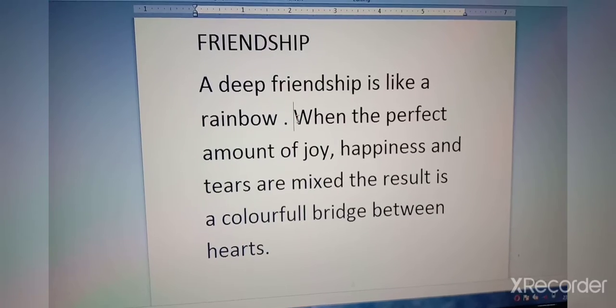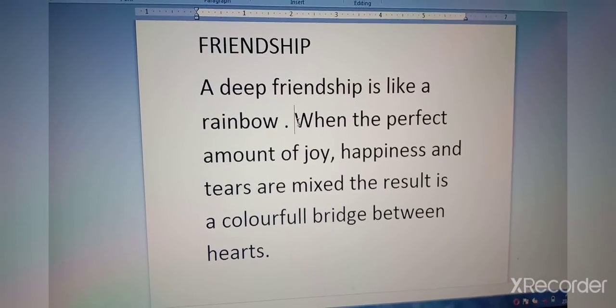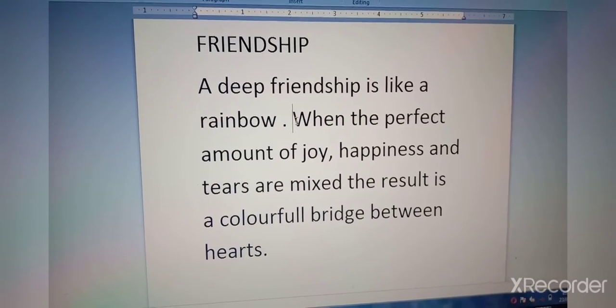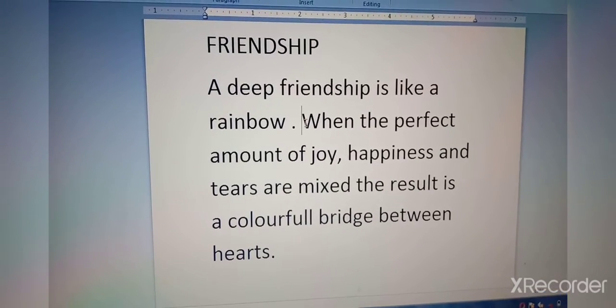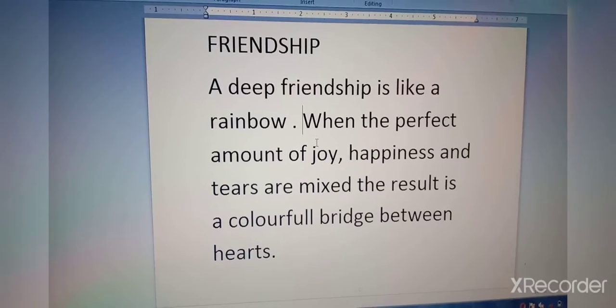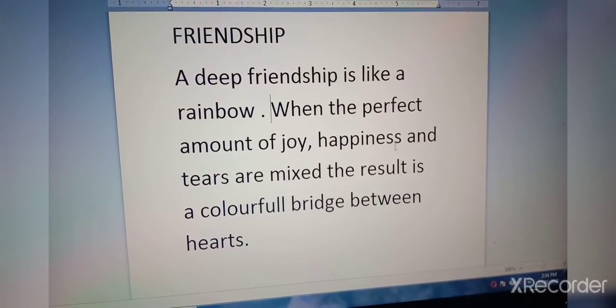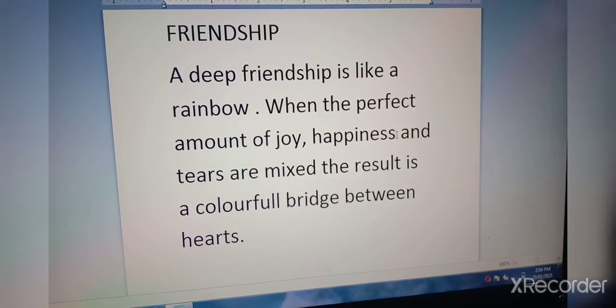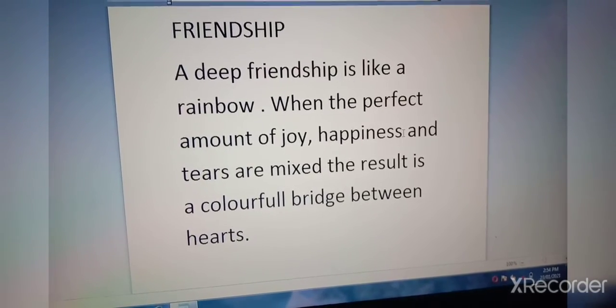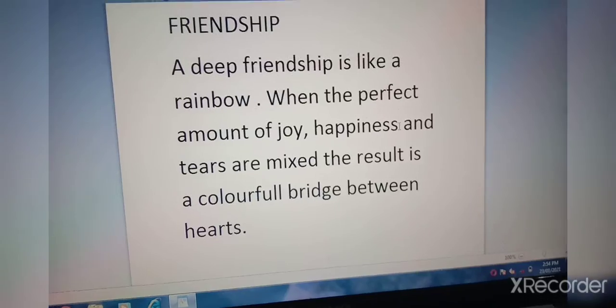Okay, children? Now we will see deleting text. How to delete the text? First, see, my cursor is here near happiness, at the end of this happiness word. Now I want to delete this happiness. Where is my cursor?